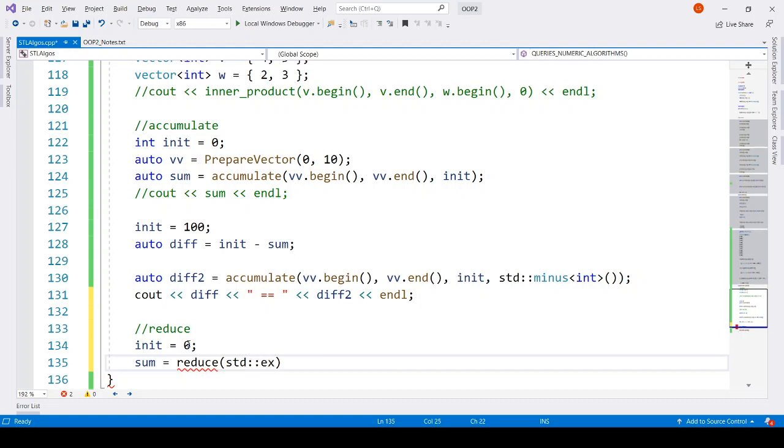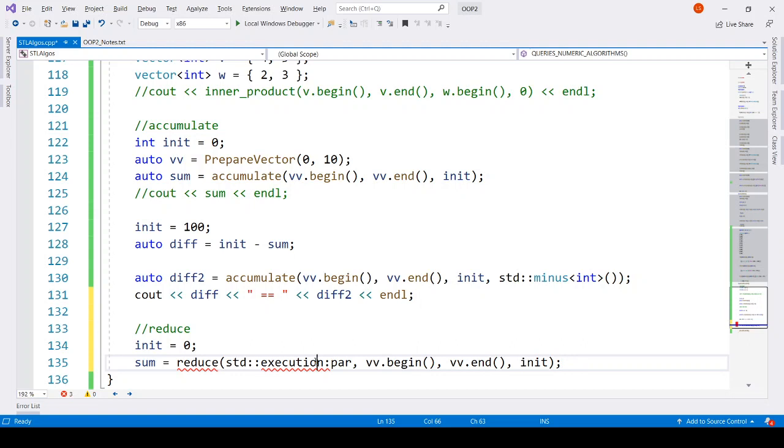What is the execution policy? std::execution::par. So this is parallel basically. So we tell that the execution policy that we want to apply while executing the reduce function is parallel execution. Okay, and then the rest of the parameters are the same. We just simply provide what we did for accumulate. Okay, and let's see what is the sum.